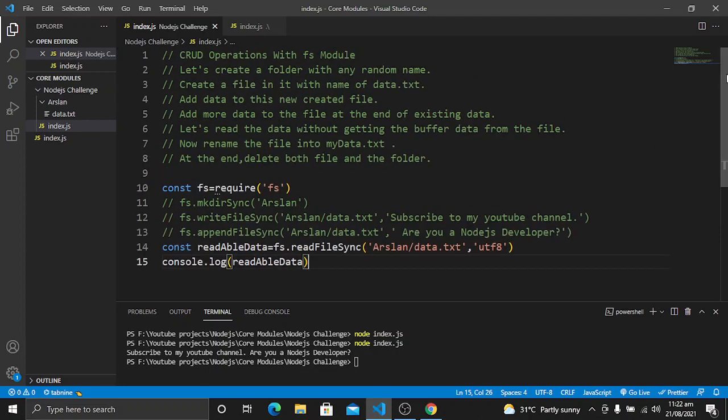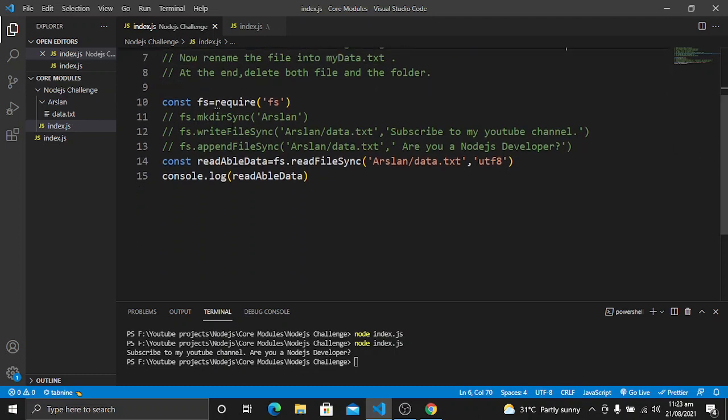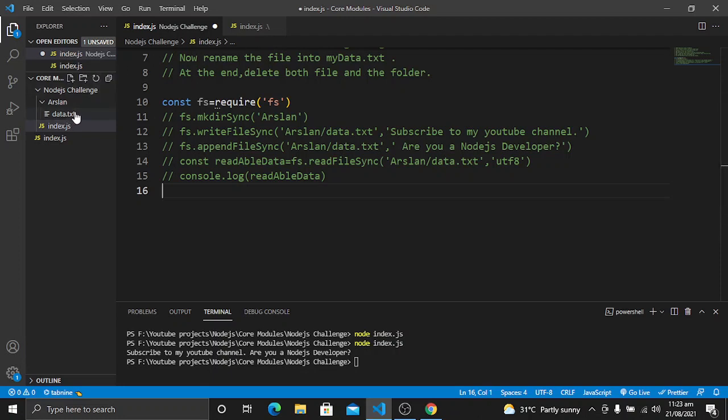Now we have successfully performed this step, which is reading the file without getting the buffer data. The next step is we want to rename the file to mydata.txt. We created a file with the name data.txt, so let's comment it out. Now I want to rename this file in which we are working, data.txt, into mydata.txt.